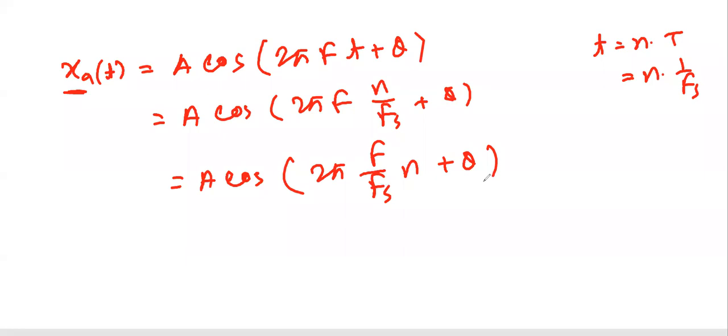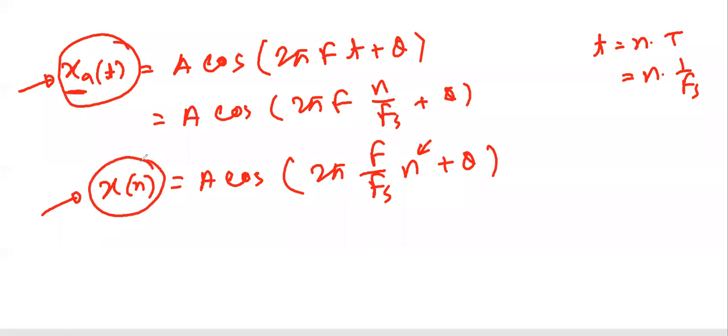So this is nothing but what? Now, apart from t, we have n, so we can write it like x[n]. This is an analog signal, and this is also an analog signal in the discrete pattern. Discrete, that's why we have n. Don't think that this is digital yet. Okay, and we can write it like this: